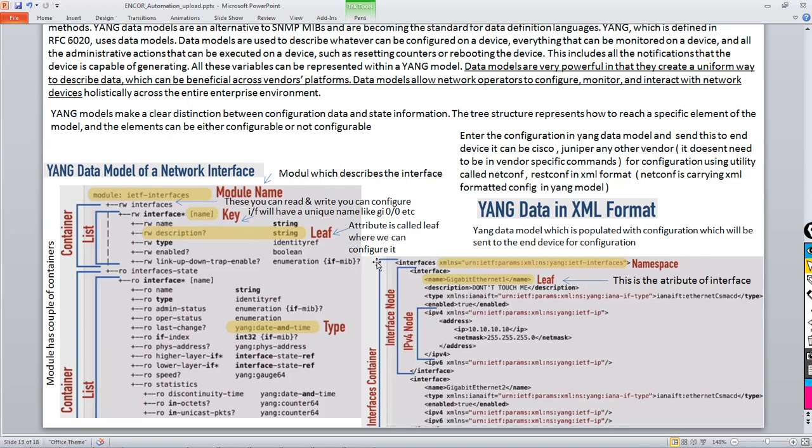The upper part is the container, so we are going to describe an interface. But you see, the IETF interface module describes the interfaces only. It doesn't describe the routing table, it doesn't describe the access control list. For those things, they have different modules. But to describe the interface, there is a specific data module that is dedicated or reserved